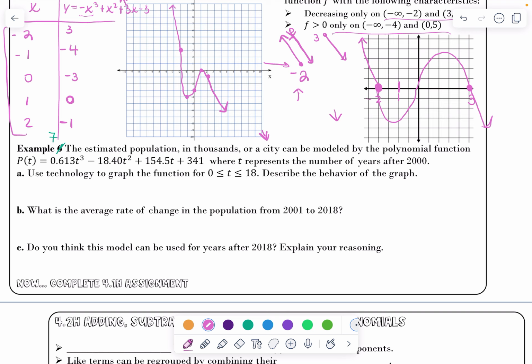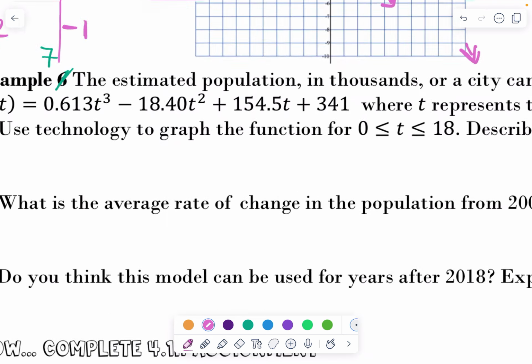So take a second. You can use Desmos on your computer or phone, or you can use your graphing calculator. If you plug this function in, you're going to notice that, because I can't show my calculator, you should have it graphed, and then you should see that the population